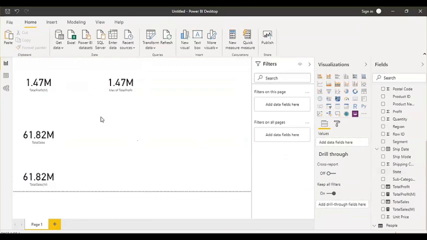So it is recommended to always create measures, even for a small calculation or a lengthy calculation. When you start creating measures, you will have lots of measures in your data model, in your tables. That would be a challenge for you: how to identify and manage those measures. Let's say you are working on complex data.